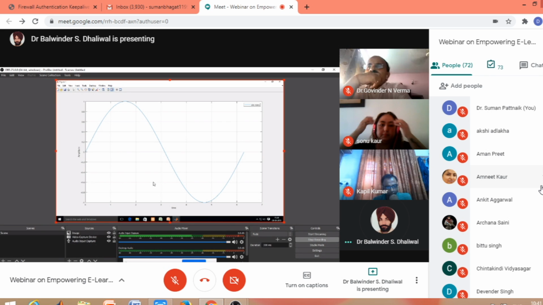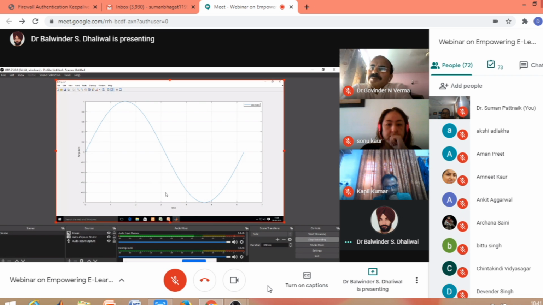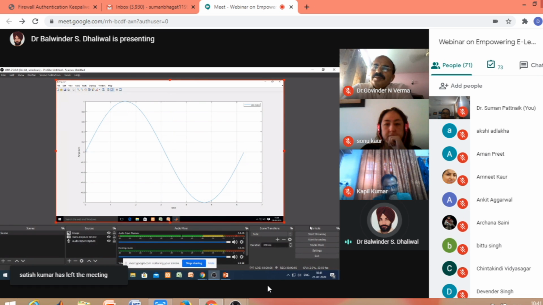Say I want to record that this is a graph of a sine wave, which shows one full cycle. On the y-axis we have amplitude, on the x-axis we have time. After recording the required explanation, we need to press stop recording here. This is the way we can record our audio with the image. Now we can listen to the recorded video.